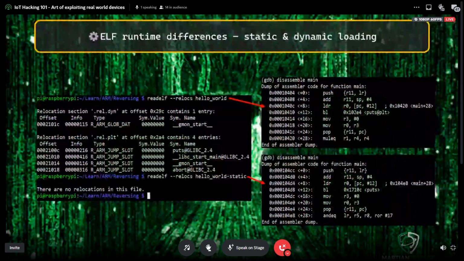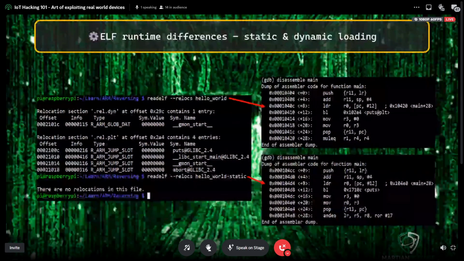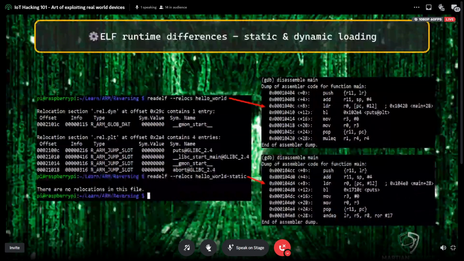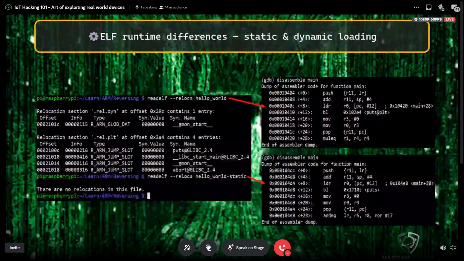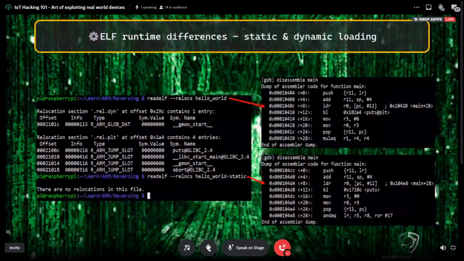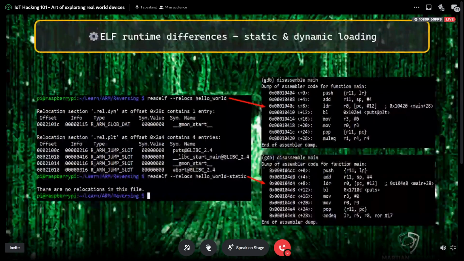So you can see here the basic difference between a dynamically and statically compiled binary. You can clearly see here, in readelf, if I try to find relocations, the first one is your dynamically compiled binary. It's going to look for all the system libraries such as printf, system, or whatever comes with the standard C library.